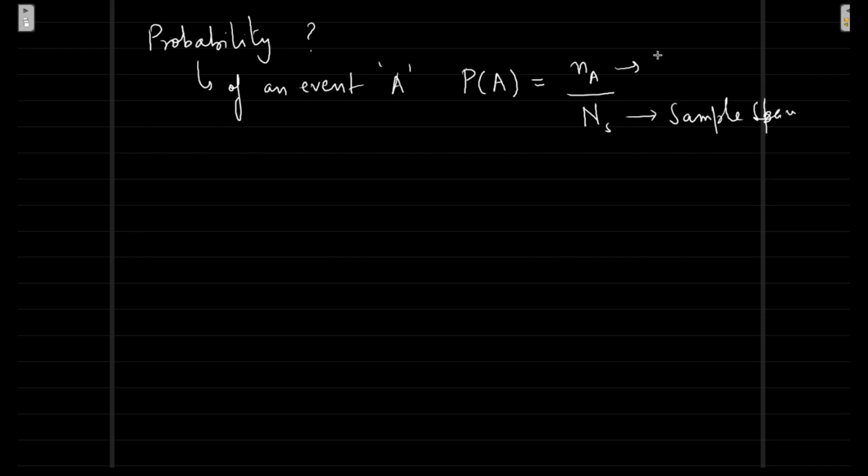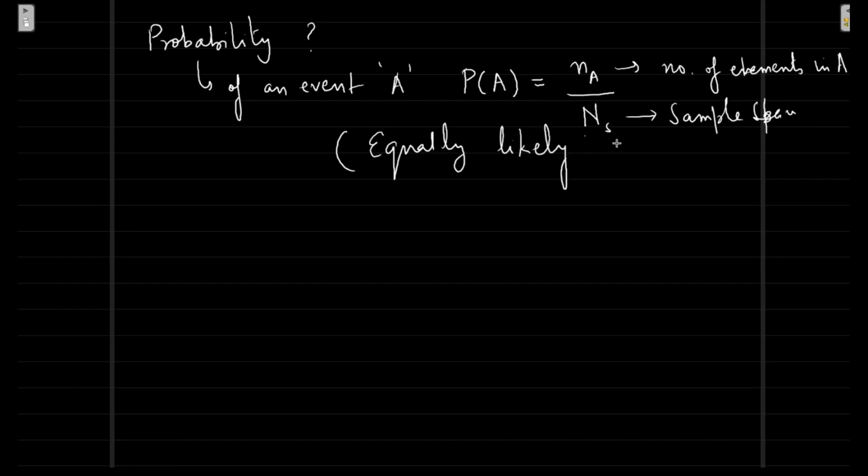I ask you a question. If I give you a die, but I don't tell you that it is a fair die, will this probability definition work? No, sir. Why? Because there is a bias attached to a particular event. The sample space outcomes are not equally likely, so some outcomes will come more times than others. Some are more probable. So the definition you have rightly given depends on a very important assumption: equally likely sample points.